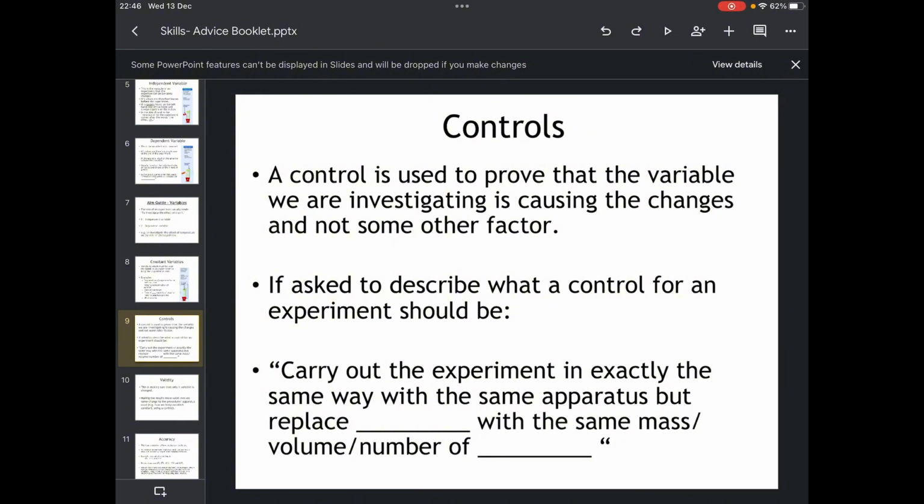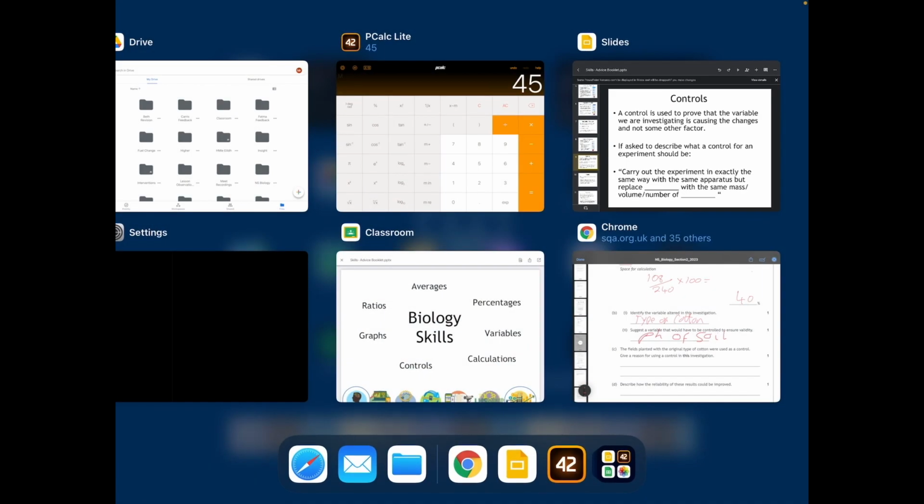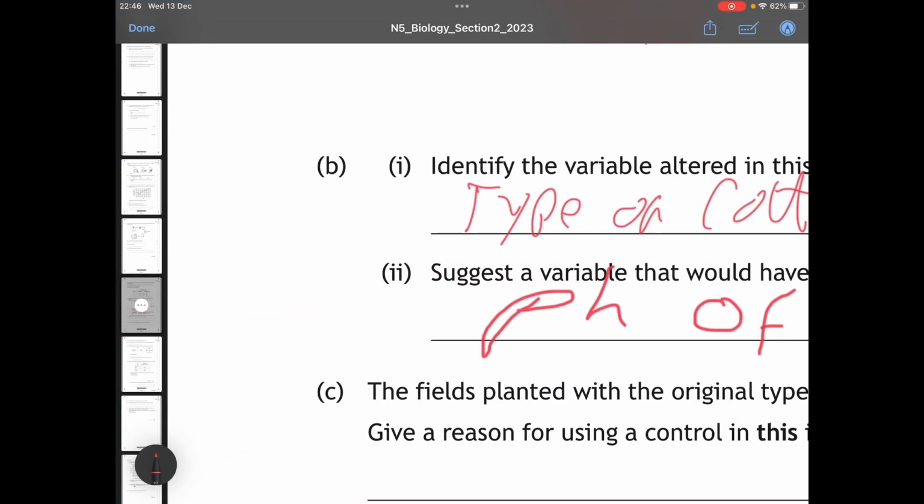If you're asked to describe what a control for an experiment should be, you would say carry out the experiment in the same way with the same apparatus, but replace whatever your factor is with the same mass or volume or number of whatever. Okay, so it's a bit different this one because it's an outdoor experiment, but we're asked about why is the field with the original plants and not the GM plants regarded as a control. So for this question,